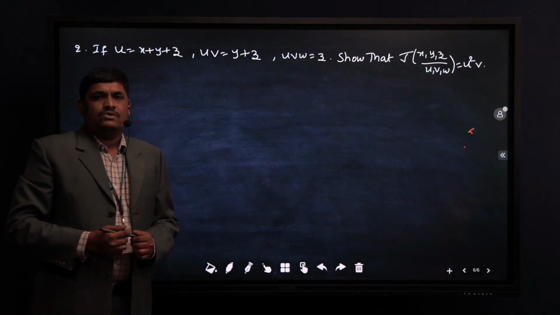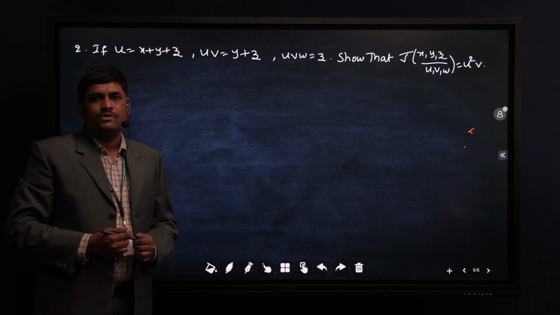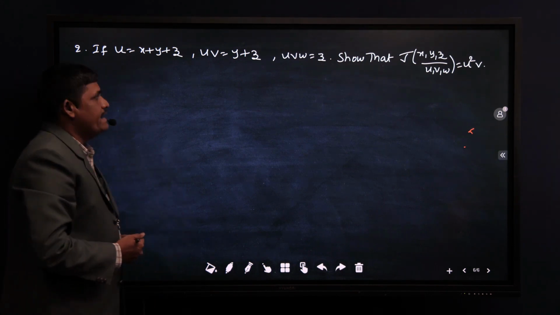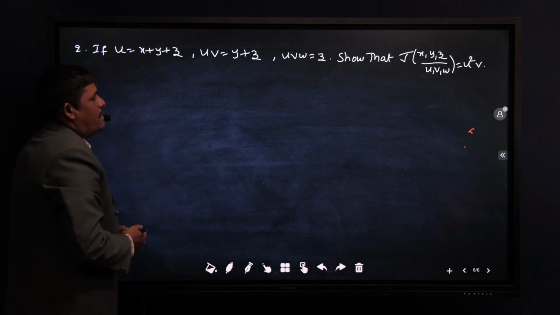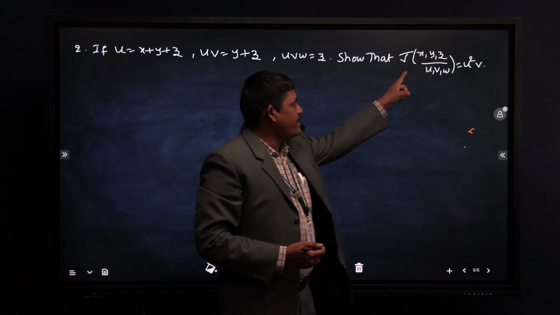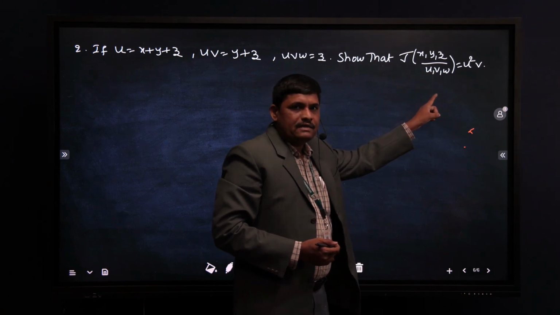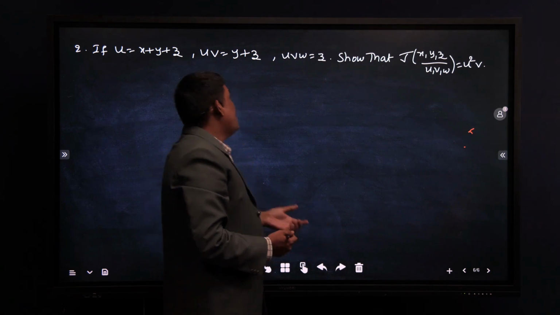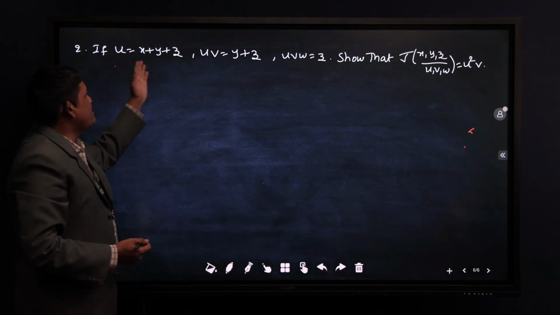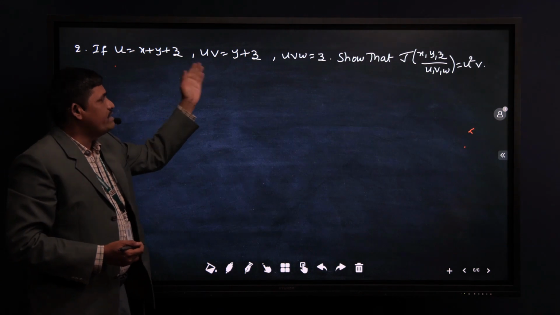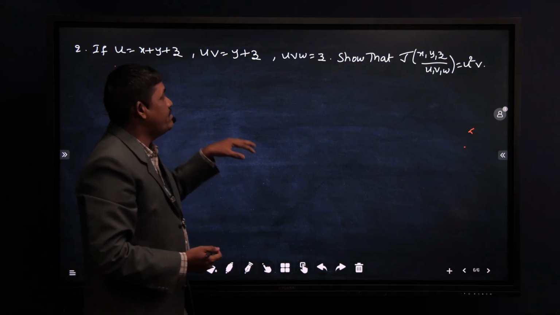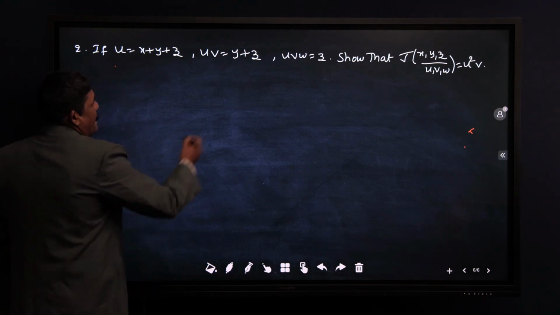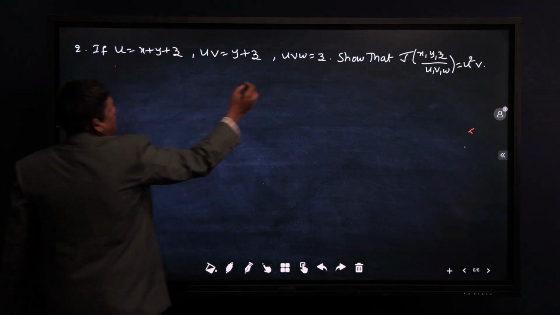Just now we discussed two functions in two variables. Now it is time to discuss three functions in three variables. Now my target is j of xyz by uvw, meaning xyz are the functions in the variables uvw. But given here u is a function of xyz, and uv is a function of y and z, uw is a function of z, so you have to think in reverse mode,